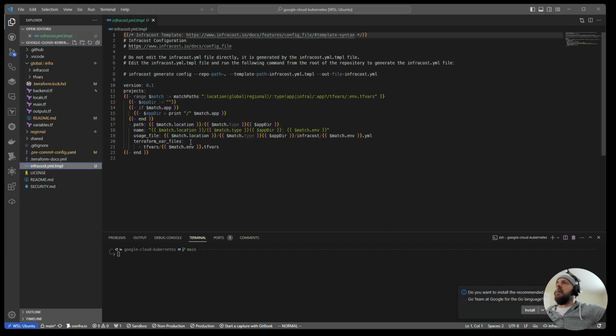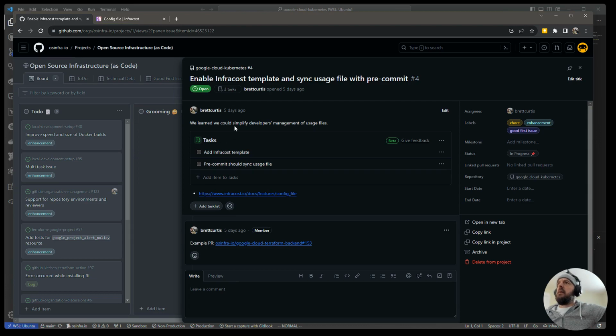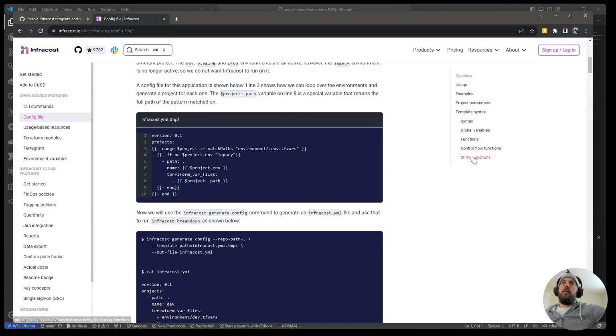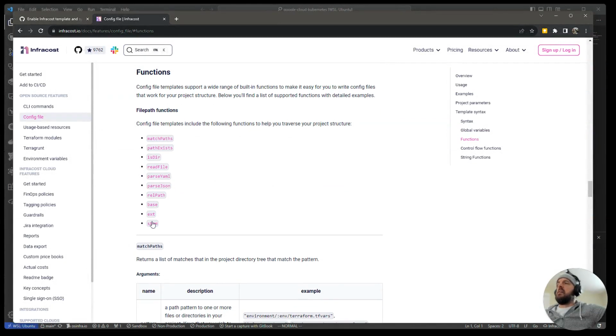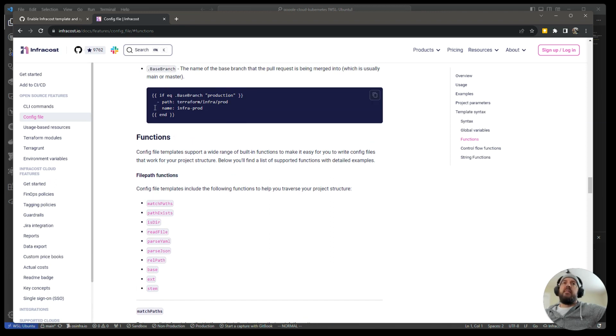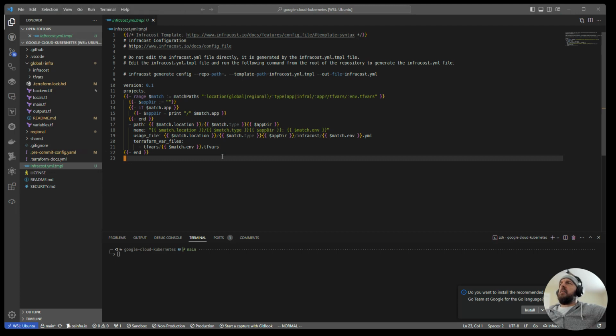So this is the template file. Let me open up my browser. The template file uses the Go template syntax, and they support specific things. Not everything that Go supports do they support, but anyways, they've got a series of functions they support, enough to generate some pretty, I would say, maybe complex directory structures and create the file properly for them. So anyways, this is sort of what a template file is going to look like